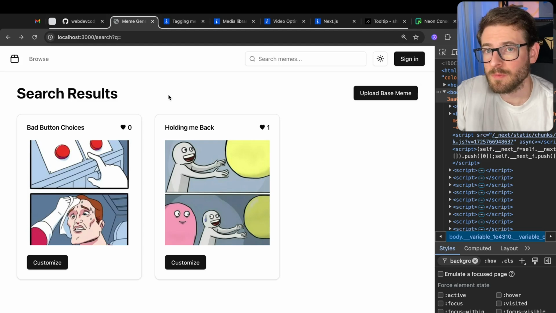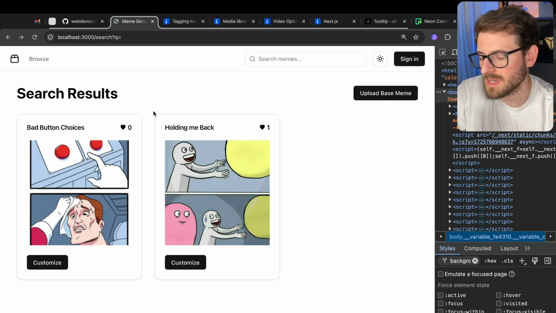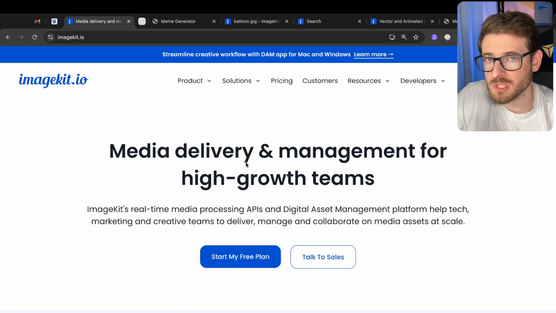So I have a really cool full stack tutorial where I'm going to walk you through how I built out this entire meme generator application using Next.js. We're using Drizzle. We have a Postgres database, and we are going to be using a service called ImageKit, which